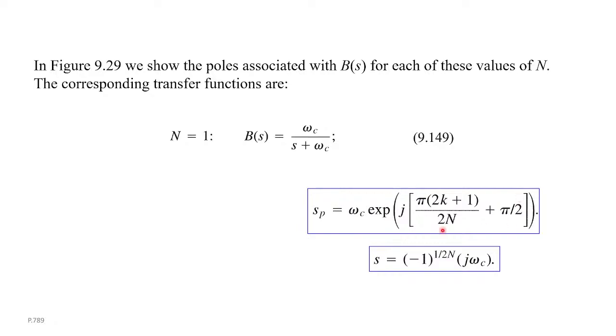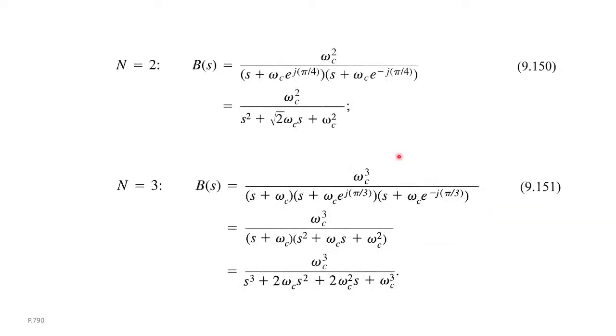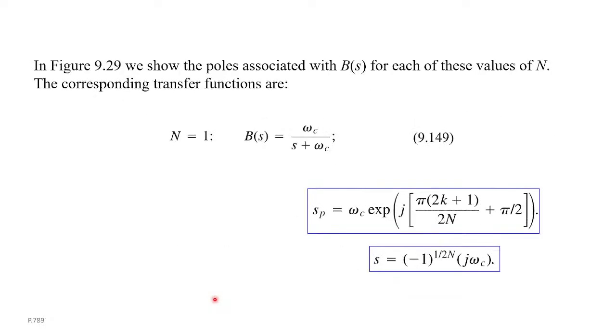Once again, we have S_p equal to this, and it's like multiply all the, so we had divided by omega c, but we multiply by omega c. But anyway, that's the B of S. And for n equal to 2, we can also write down the B of S like this, and for n equal to 3. So you see the second order polynomial here, and the third order polynomial here.